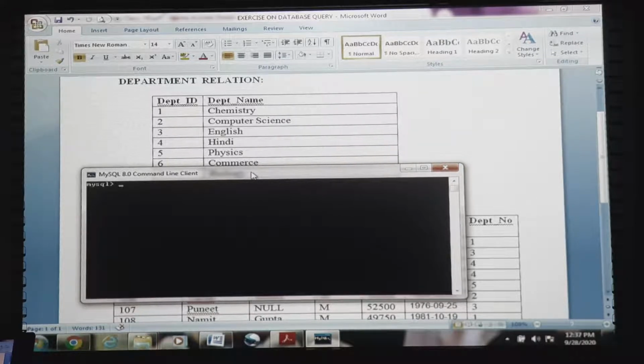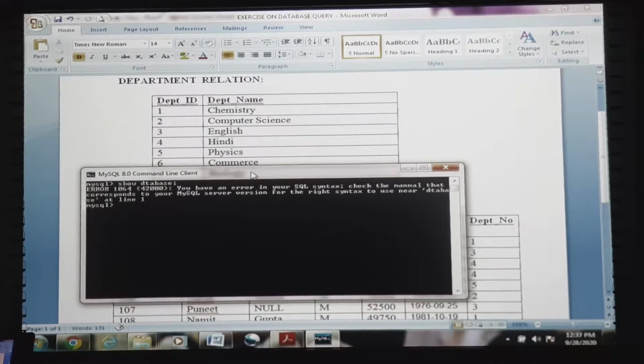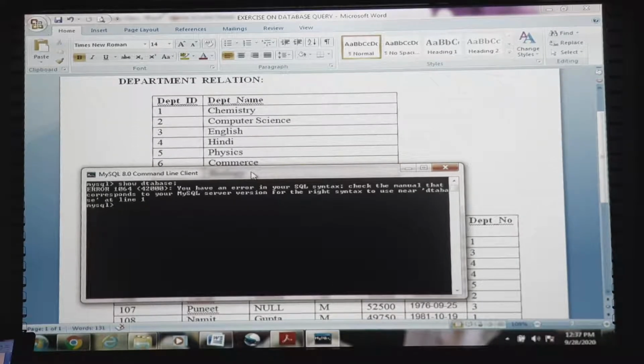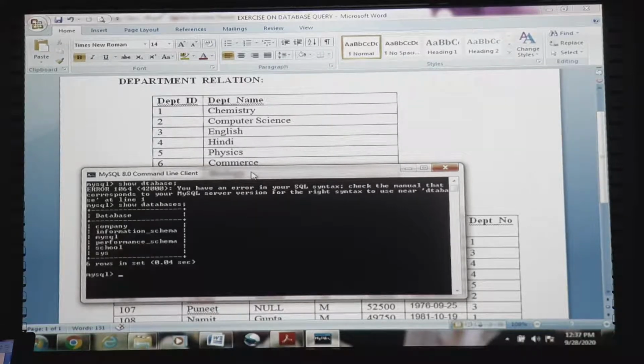So let me check first how many databases are there. Okay, see, these are the 6 databases. Now inside the school database only we are going to create these two relations.